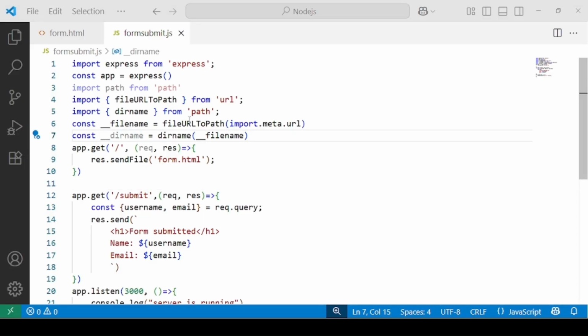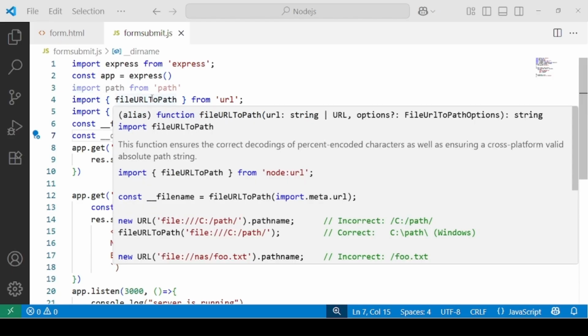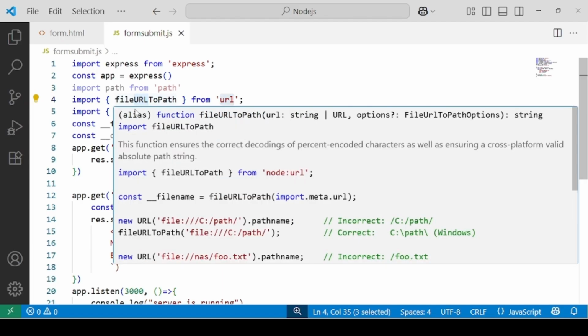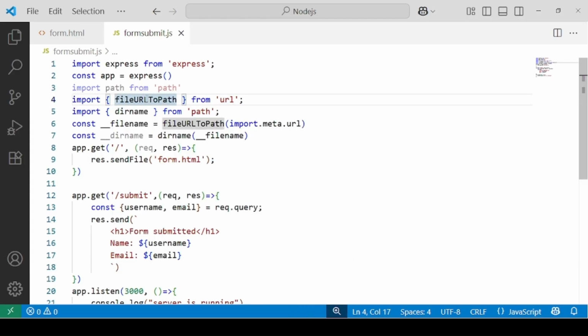We are using import fileURLToPath from url. This will import this function from the Node.js built-in URL module. And this function will convert a file URL into a file path, right? And this one, dirname, imports the dirname function from the Node.js built-in path module.